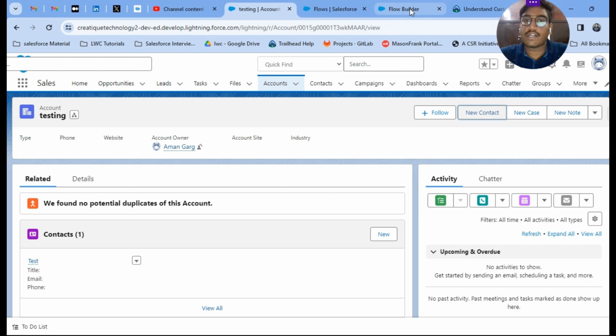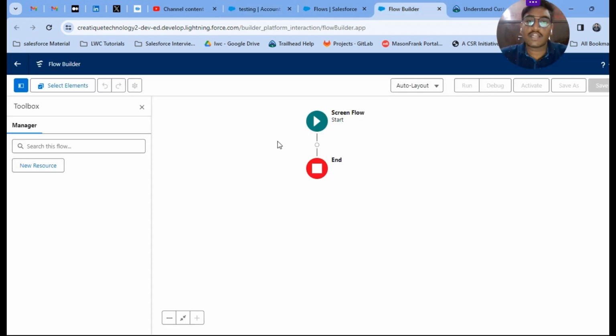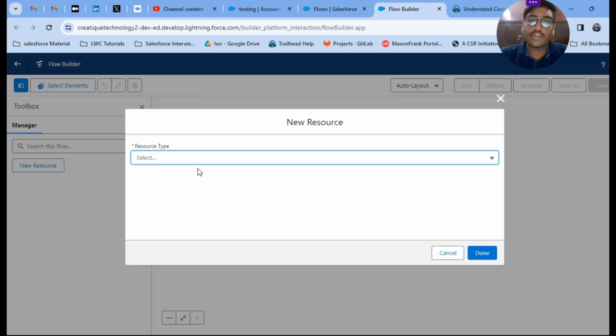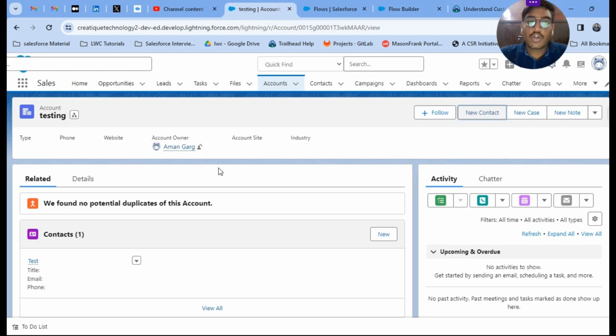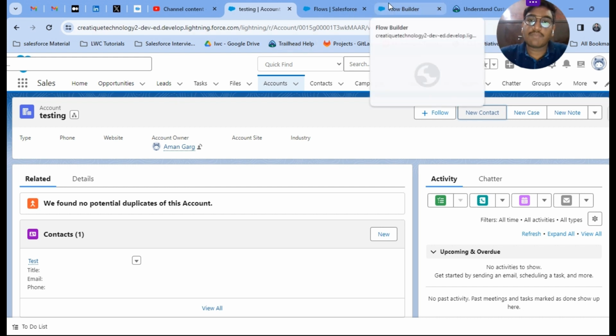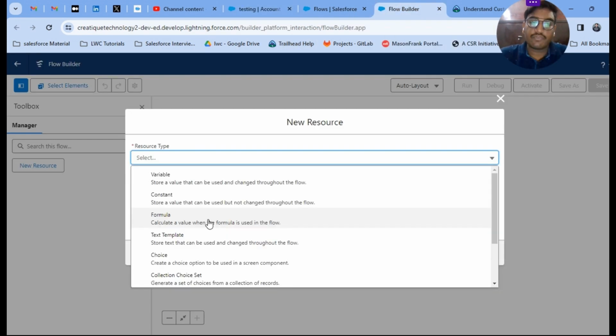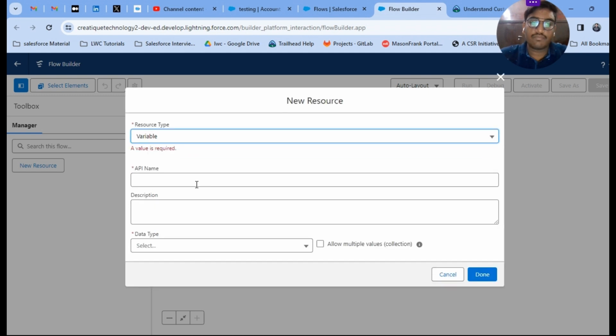Okay, so I just create the record ID because we need the record ID of this particular record. Which means if you want to open the screen by click of a button for this particular record, we need to pass the record ID to this particular flow. So we need to click on create the record ID,